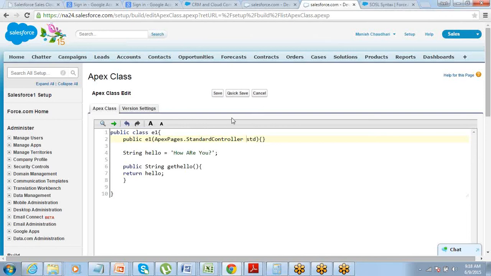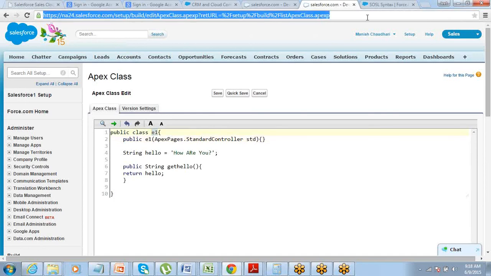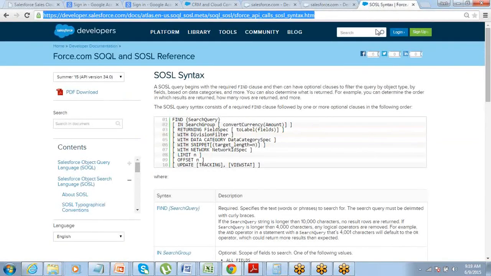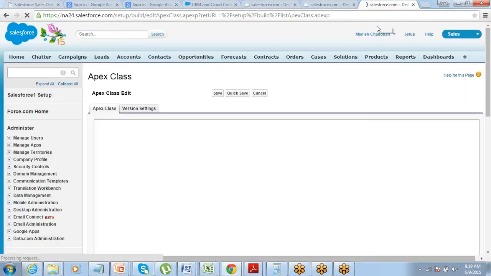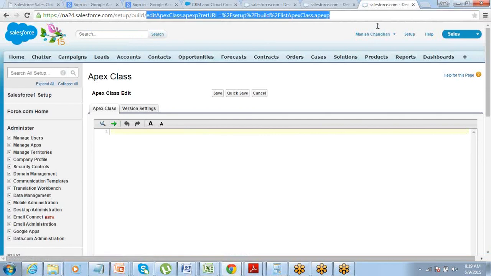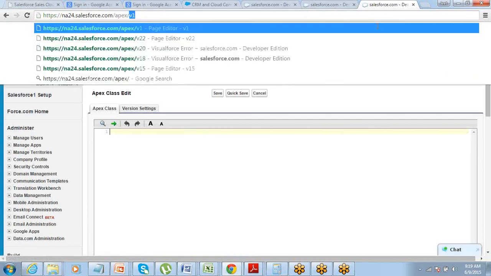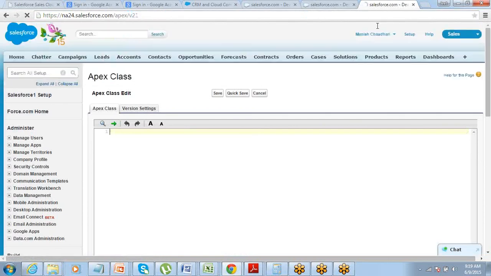So let me go to another page. The name of this is E1. Let me go ahead and create a page, ApexE21.